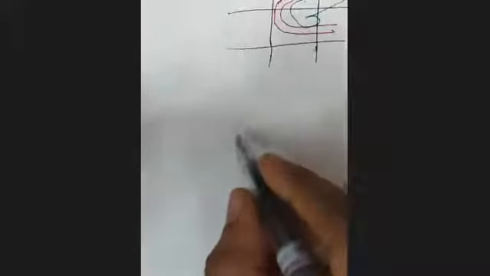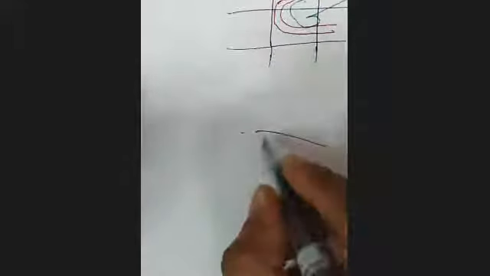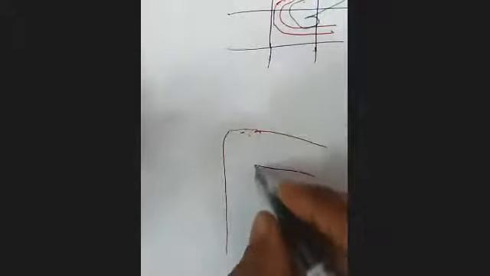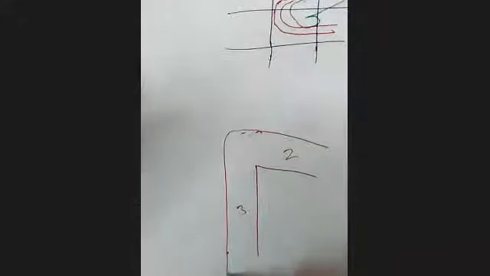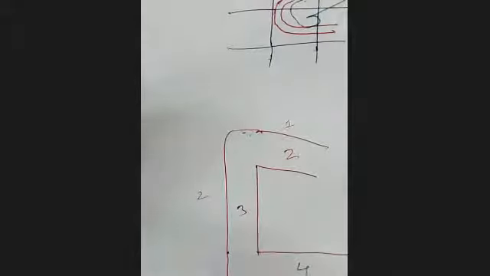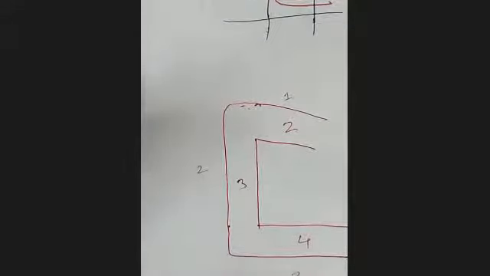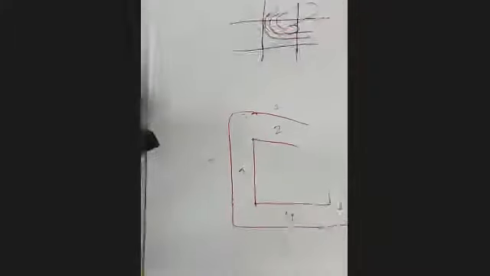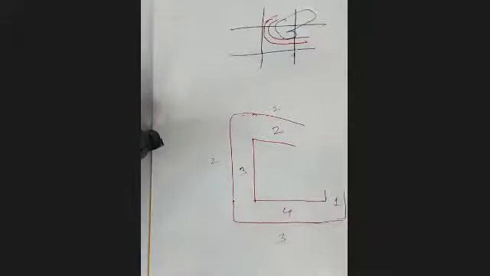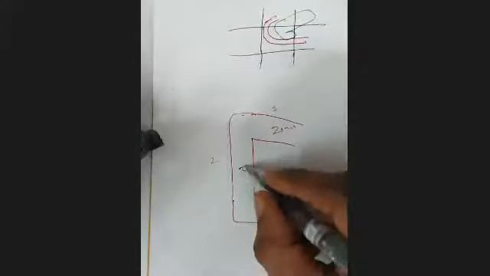So we said that the duodenum has a first part like this, which is 2 inches long, a second part which is 3 inches long, a third part which is 4 inches long, and a fourth part which is 1 inch long. So this is the first part, this is the second part, this is the third part, this is the fourth part. What I have written here is the length.